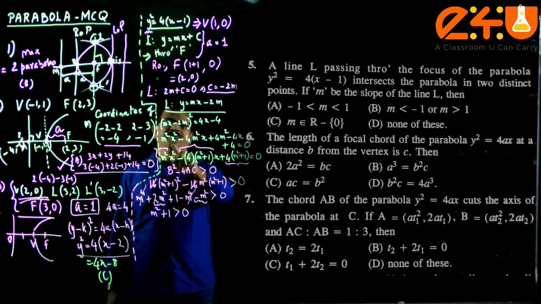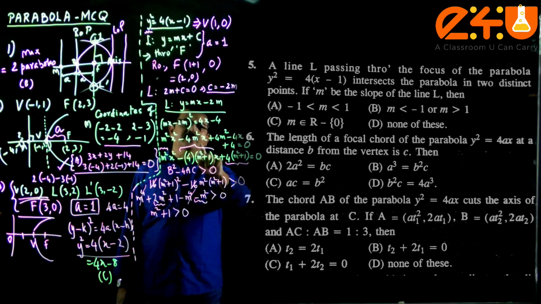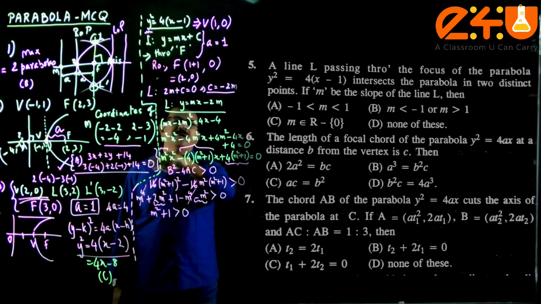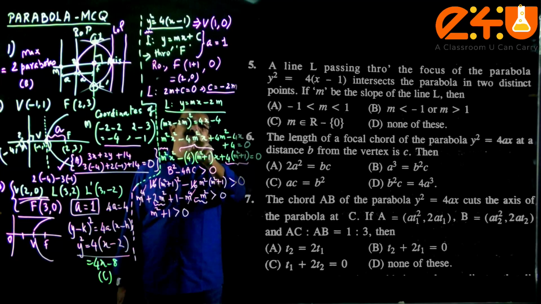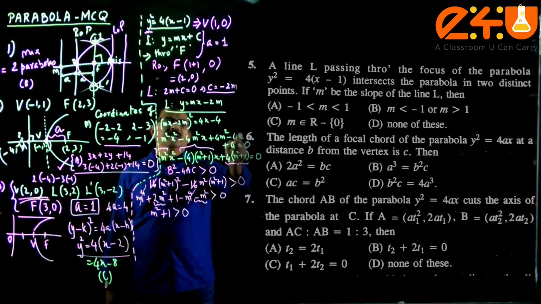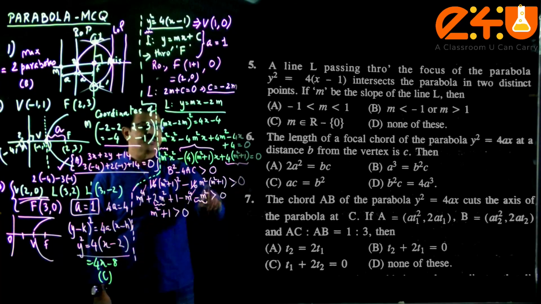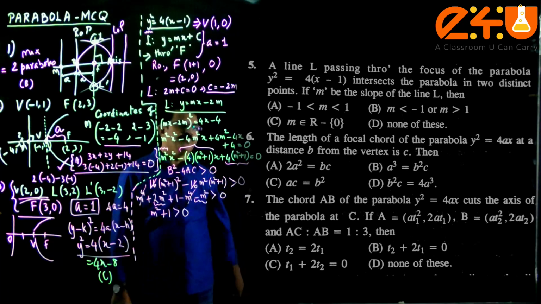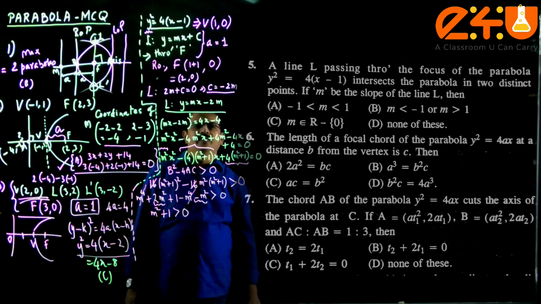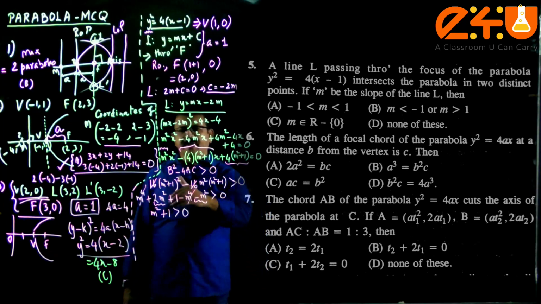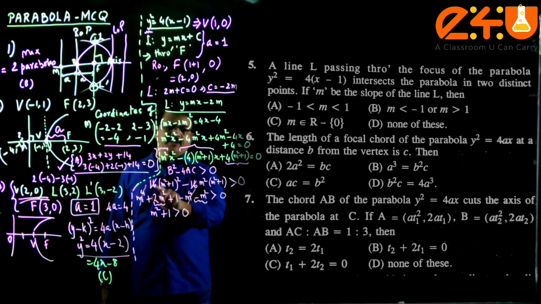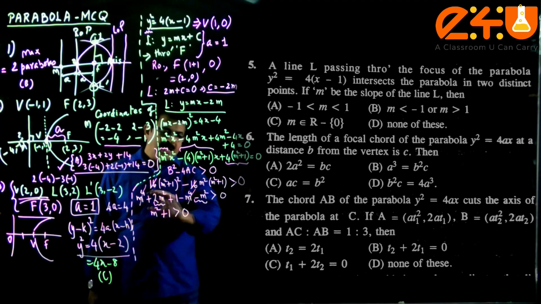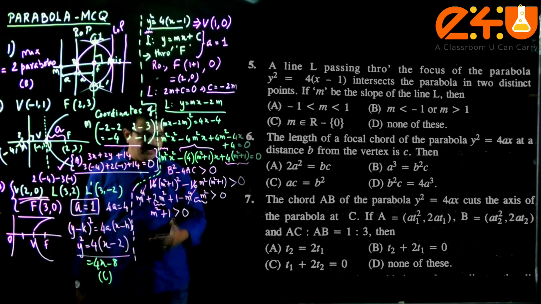M squared x squared minus 4m squared, that is the 2ab term, and 4m squared minus 4x plus 4. So we combined the x terms, taking minus 4 x common, you got m square plus 1, and constant term 4m squared plus 4. And combining the b squared minus 4ac, we got minus 4ac is minus 4 into plus 4 minus 16 m square times m square plus 1, and simplifying, this is what we get. Well, yes, what is the